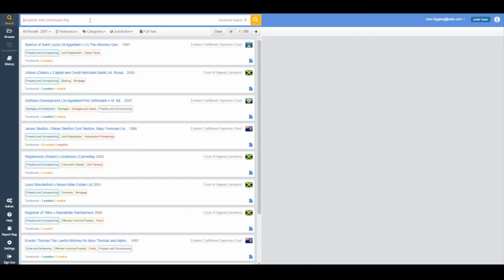And what that means to you as a user is when you type in something like property and conveyancing, our results, so we've got nearly 3,000 cases in our list of results. Our results are all cases that have been classified as property and conveyancing cases by the taxonomy. So they're not cases that have a head note where a legal editor has said this is a property and